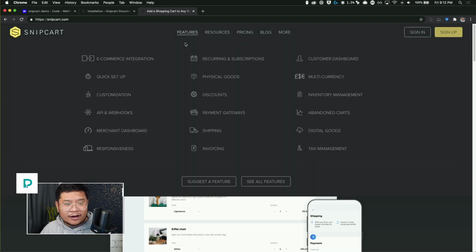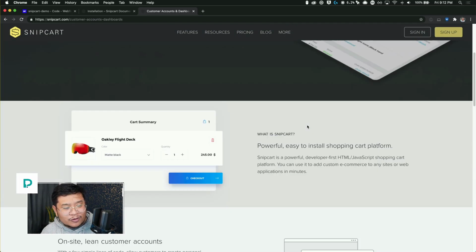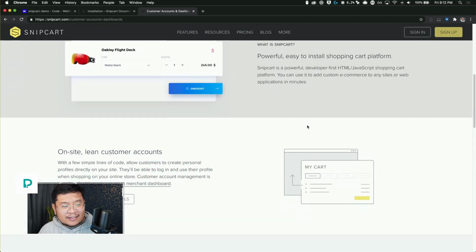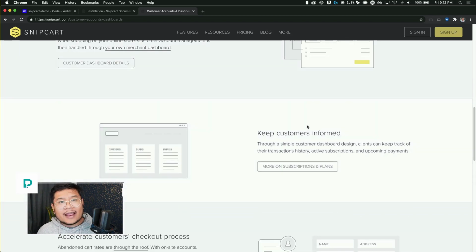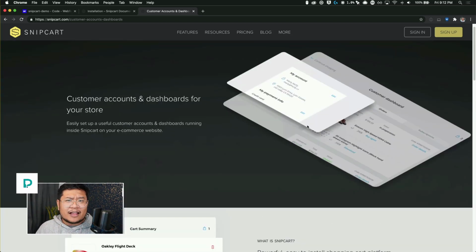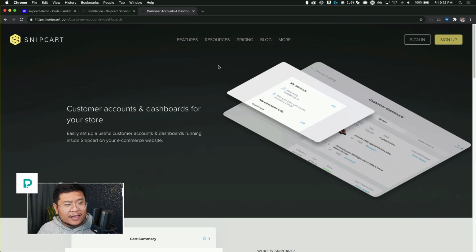Now, one of the biggest features that I see of Snipcart over the Webflow native e-commerce feature is this right here, and I think you all will agree: customer dashboards. So customers can easily create their own account inside of your Webflow project and see their past order history. And on the flip side, you'll be able to see your customers' data, email them about upcoming deals, or download all of their email addresses and put them into something like MailChimp.